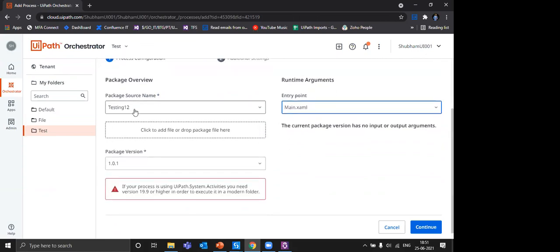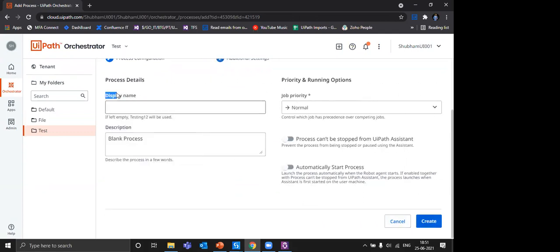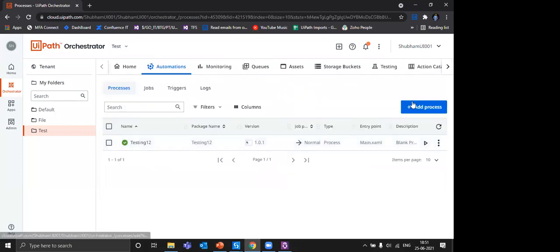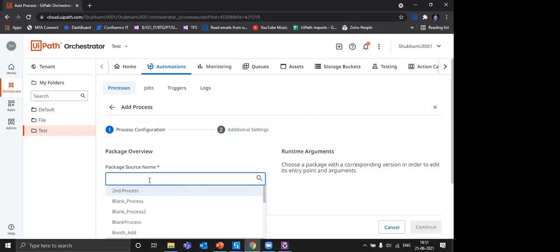Let's create one process with testing 1.2 starting with main. I'm not putting any display name, so I would be actually showing you an error message that will be created. So one process has been started with testing 1, which would be starting from the main. And the second thing that I would be creating is from the next file,